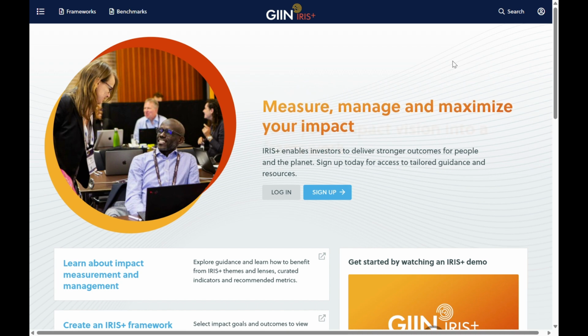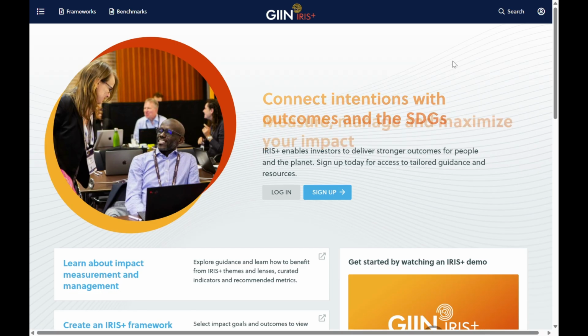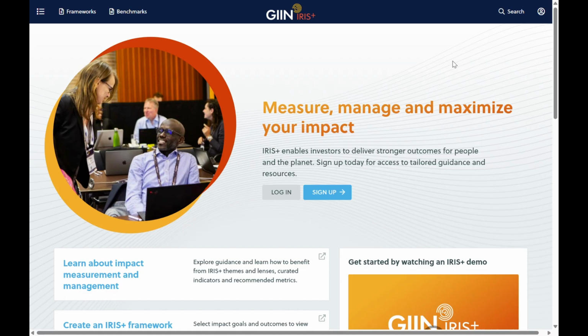Home to the IRIS Catalog of Metrics since 2009, the GIIN has long led industry efforts to establish crucial infrastructure for impact measurement and management. Almost 10 years later, the GIIN has worked with over 1,600 leading impact investing practitioners from around the world to create IRIS Plus, which is a set of tools and guidance to help investors and other stakeholders translate their impact